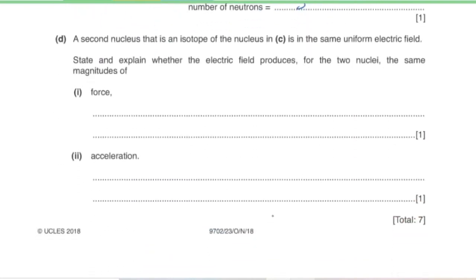Question number D, a second nucleus that is an isotope of the nucleus in part C is in the same uniform electric field. State and explain whether the electric field produces for the two nuclei the same magnitudes of force. So an isotope of a particle with charge of 4e and 9u mass will have a charge of 4e but different mass number, because isotopes are supposed to have the same number of protons but different number of neutrons. So yes, there's going to be the same force,